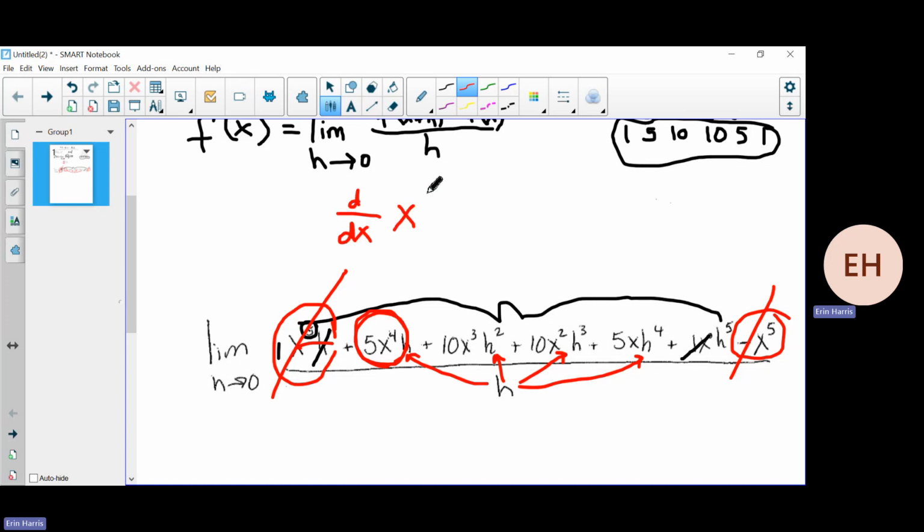The only term in that expansion that survives the canceling and the division by h is the second term here, which happens to be always the power in front, right? And then decrease the power by 1, because when we're moving through a binomial expansion, we always start with x to the highest power, and then this is x to the next highest power, right? So the power is always 1 lower, and it happens to be that the coefficient